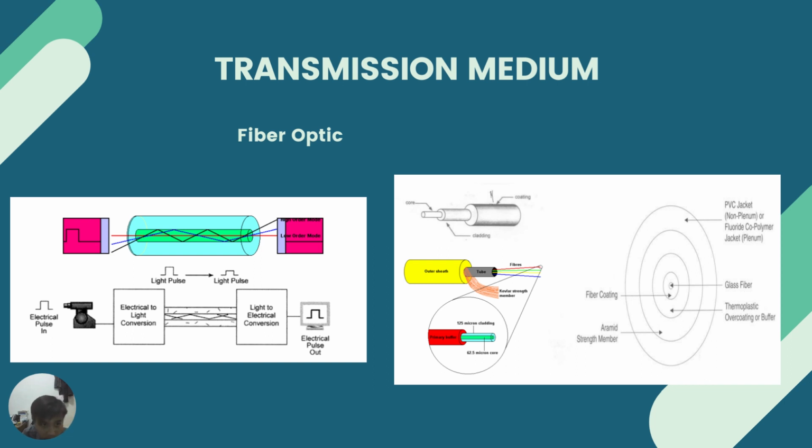So this is the inside of the fiber optic, and this one is also the inside of the fiber optic. In the middle, the main one here is the glass fiber, and this one is the fiber coating and strength member, and this is the PVC to protect the inside, and the fiber will be safe because of the PVC, and the PVC is good for protecting the cable like this.